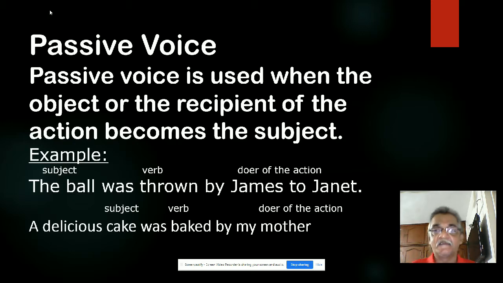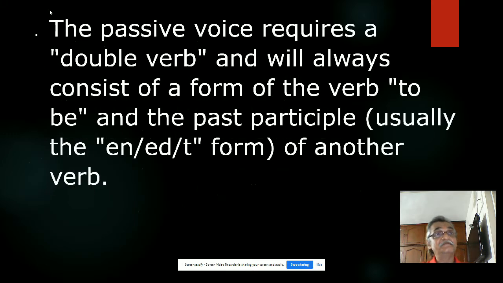Similarly with the second sentence, my mother baked a delicious cake. Remember, that was the active. Over here we have a delicious cake was baked by my mother. Now we need to remember an important thing, that the passive voice requires a double verb, or what we call an auxiliary